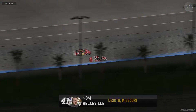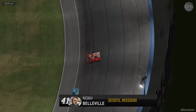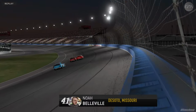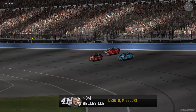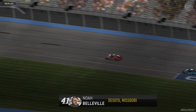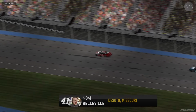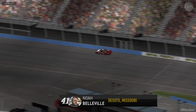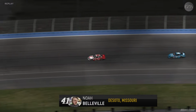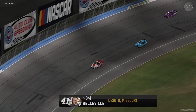Yeah, it was stressful. But last season at Michigan, I was kind of in the same scenario, which when you compare those tracks, those two are kind of the same. And I was leading late on older tires, just having to use your aero blocking as kind of the only defense you can. And with these cars, you have a good chance to do that. But I kind of leaned back on how that race went and was just trying my hardest to match whatever line he was, and